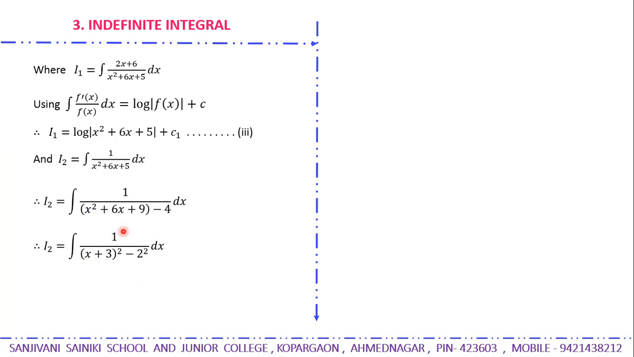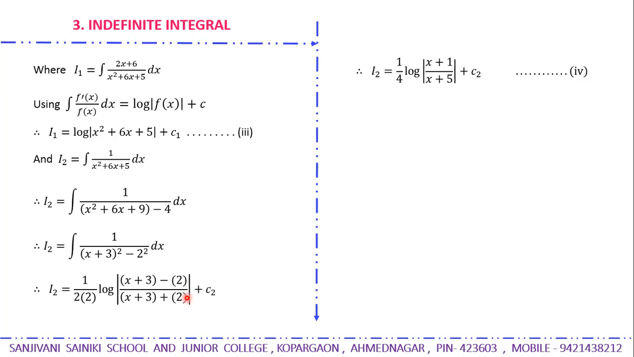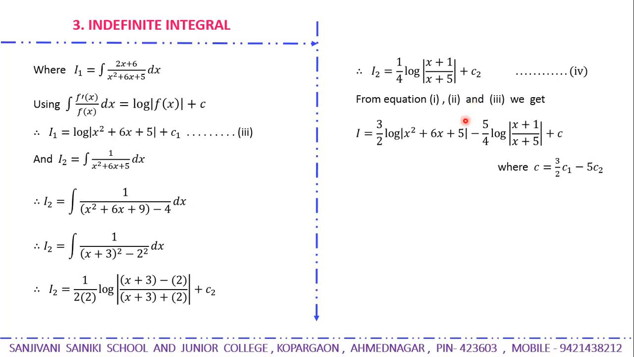So it is in the form of the integral of 1 upon x² minus a². Its integral is 1 upon 2a log of (x minus a) upon (x plus a) plus c. So 1 upon 4 log of modulus of (x + 1) upon (x + 5) plus c2. So use these equations 1, 2 and 3, 4. We get 3 by 2 log of (x² + 6x + 5) minus 5 upon 4 log of